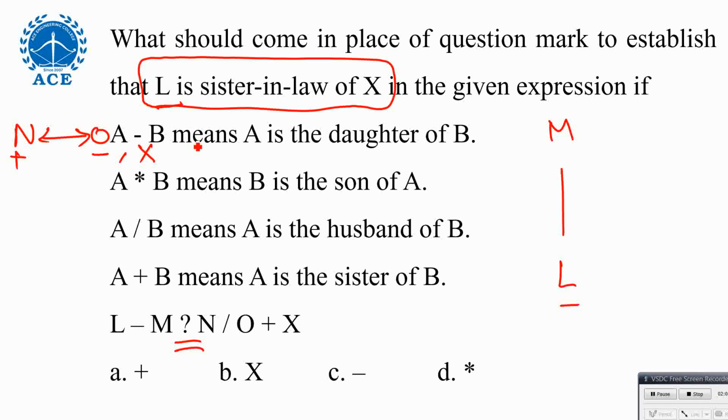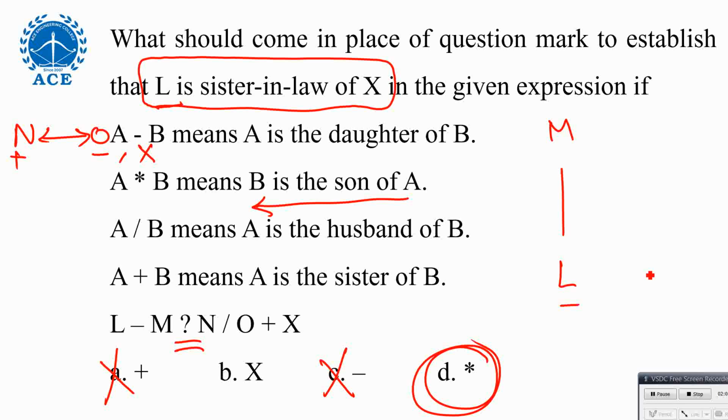Say M and N relationship should be what? Plus means M is sister of N. No, then X will go to the above generation. Sister is wrong. Minus, M is daughter of N. Then N will go to the above generation. No. Star: N is son of O? A star reverse way is there. N is son of M. Yes, if N is son of M,